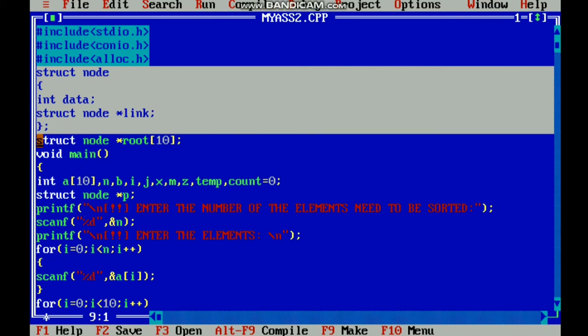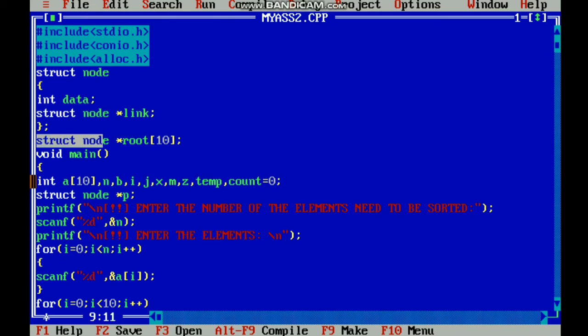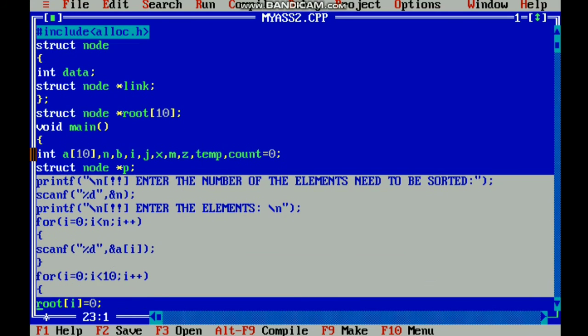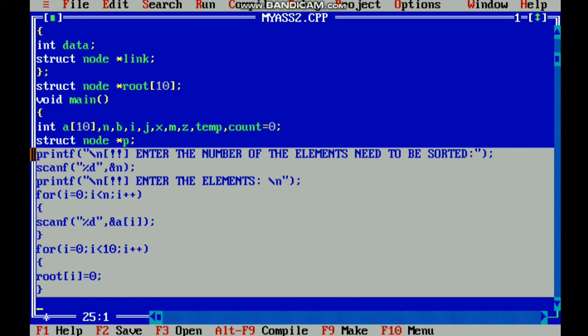From here to the selected piece of code is used to take the input user data and store it in the array A. Then this for loop is used for considering the units digit, tens digit, hundreds digit and so on.